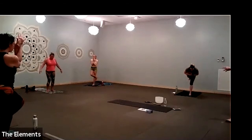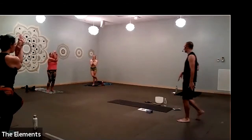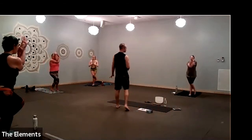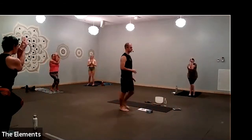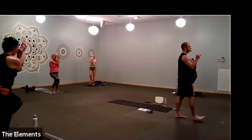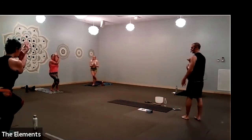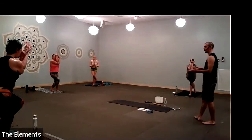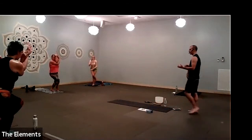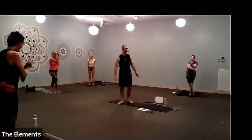Try to bend into your left knee and get rid of the space in between your thighs as you rotate your thighs inwards. Can you sink another inch? Allow yourself to become unstable, maybe fall out of the posture. That's where we find our edges and our growth. Exhale the breath